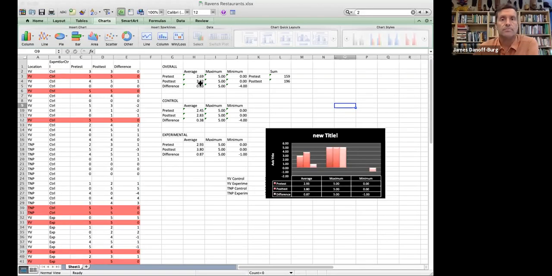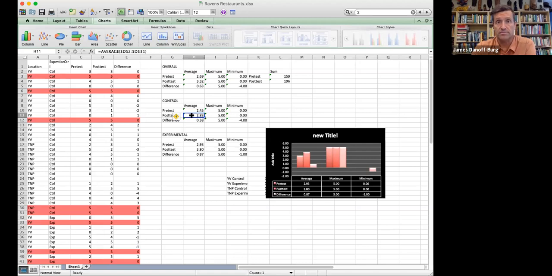Right? And so if we go back to our data here for our ravens and restaurants, we see here in the experimental group that the post-test difference was 3.8, whereas in the control group, it was 2.8. An entire event greater. One more time, almost 4 out of 5 times in the experimental post-test restaurants, the lids were closed. Whereas in the control group, a little less than 3 times out of 5 were they closed